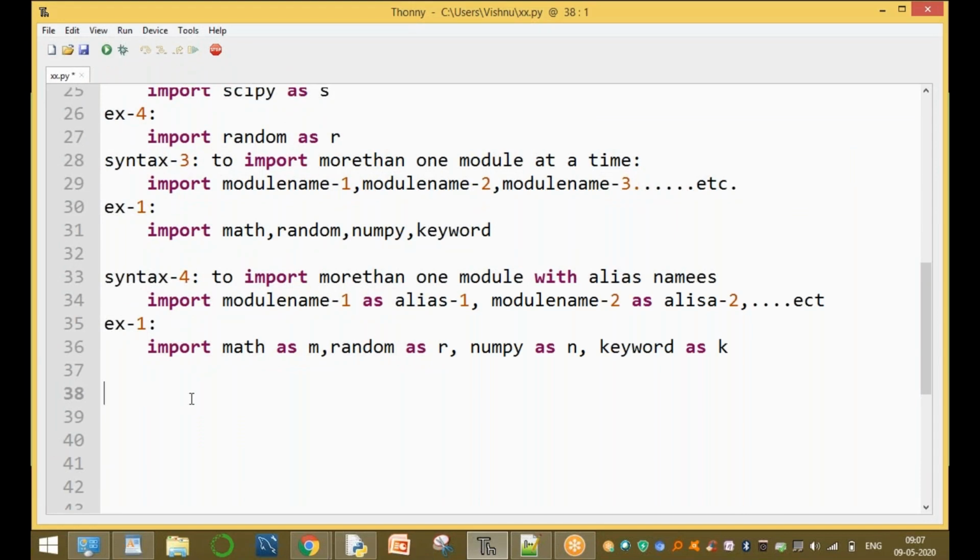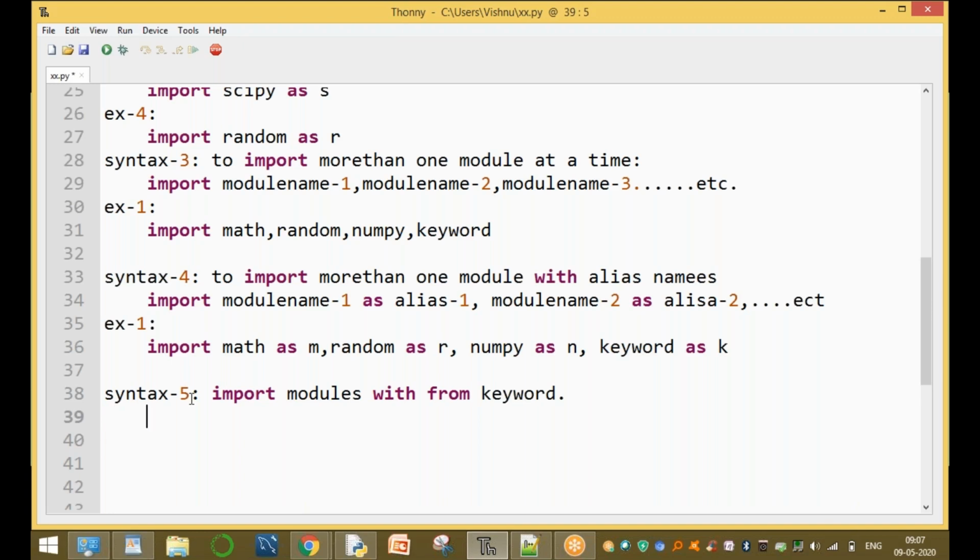Now here we are using syntax 5. Syntax 5 is importing modules with the from keyword.